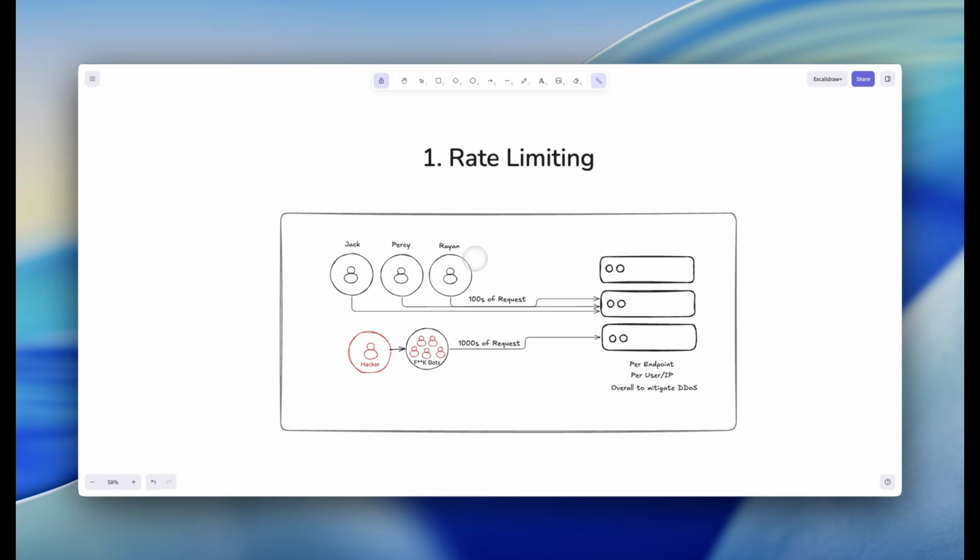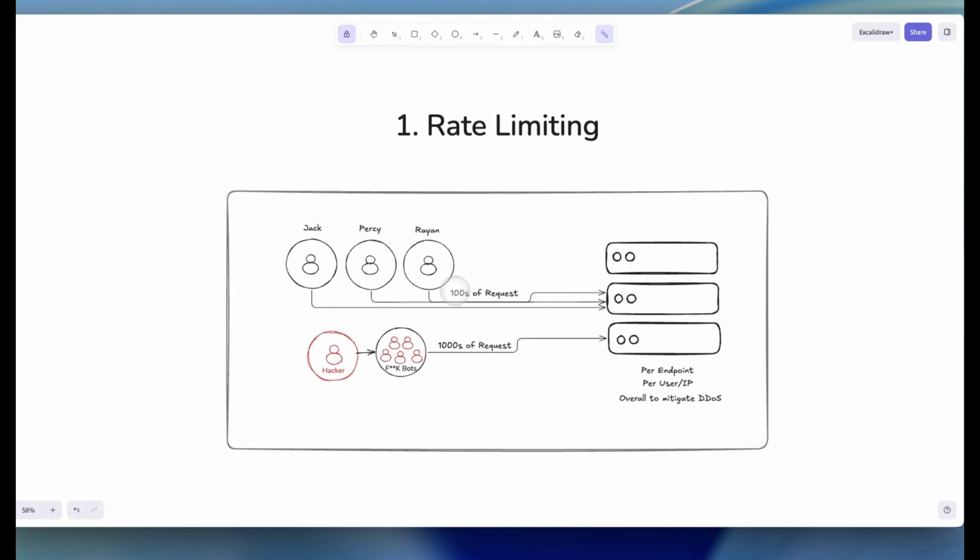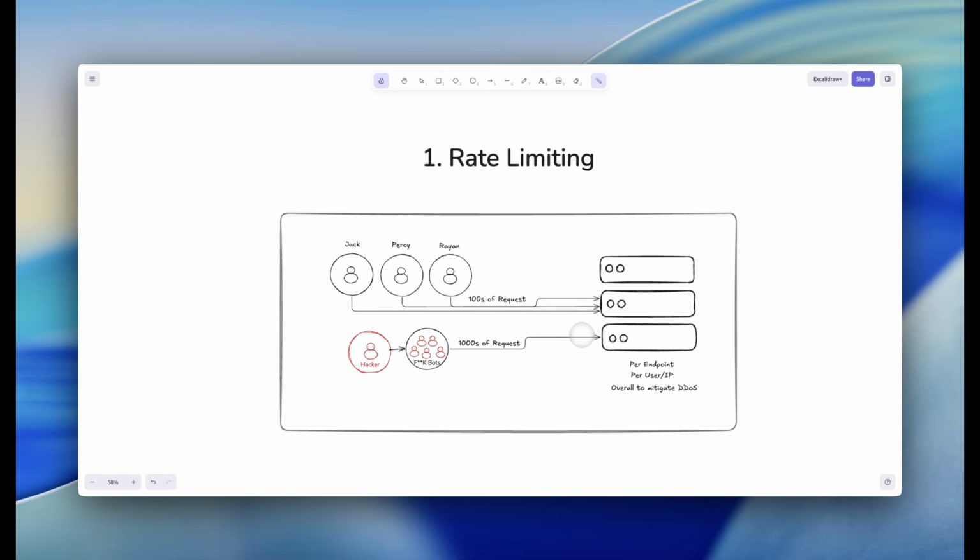The first technique is rate limiting. Rate limiting controls how many requests a client can make within a specific period of time. For example, you might allow a user to make 100 requests per minute, but the moment they send request number 101, the API temporarily blocks additional requests and asks them to try again later. Without rate limiting, attackers can send thousands of requests per minute. This can overload your API, take your system down, or allow someone to brute force sensitive endpoints such as login